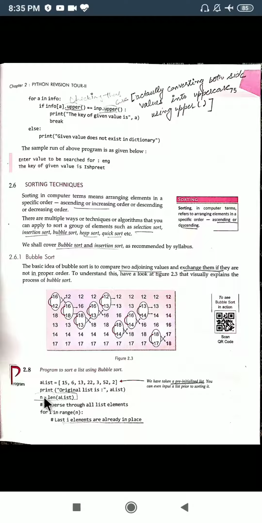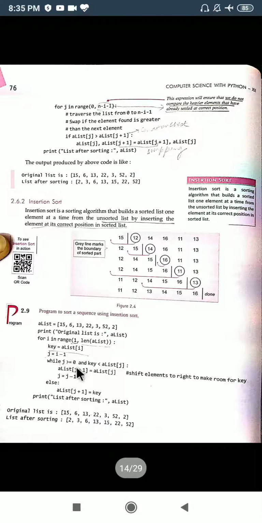The length we have calculated in n, and i will start from this particular element. We can start our list from 0 to 6, it will vary to make it n length 7. Similarly we have another loop, the j loop, whose range will be from 0 to n minus i minus 1. Why has this been done?